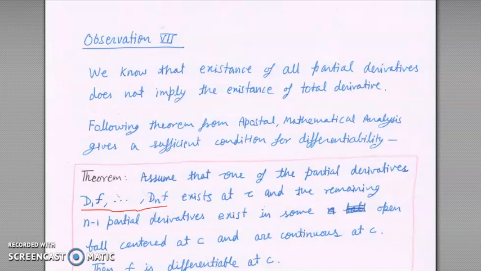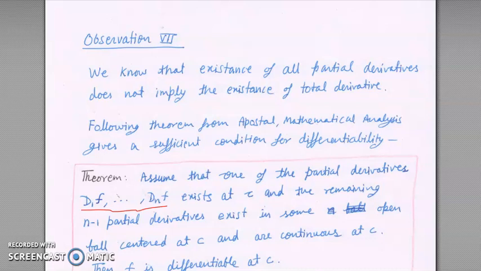In this lecture, we will discuss a sufficient condition for the existence of total derivative. We will also do some exercises on it. Then we will discuss that if a real valued function is differentiable at a point C, then what is the maximum rate of change of the function and in which direction that rate of change of function exists. We will also see a sufficient condition for the equality of mixed partial derivatives.